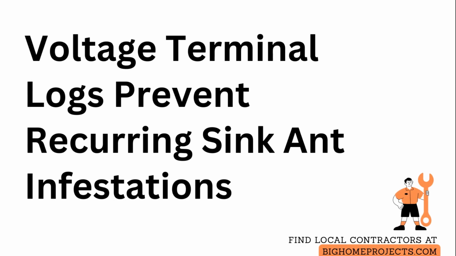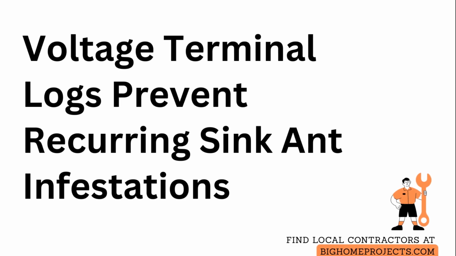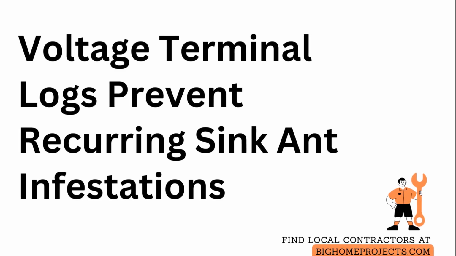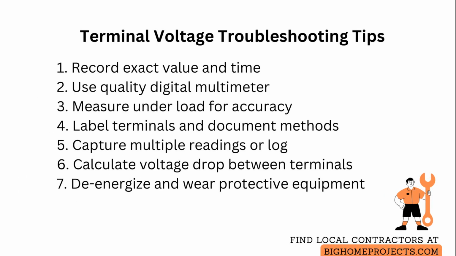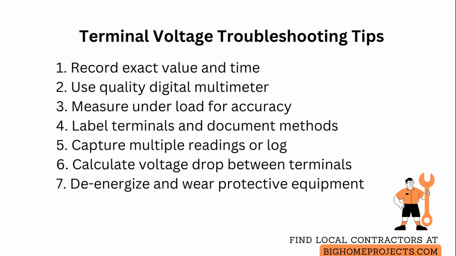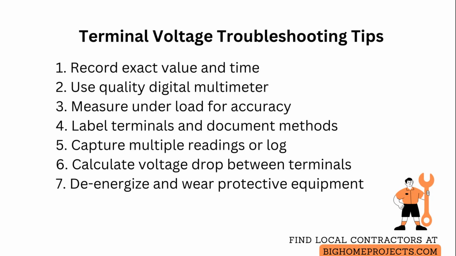Documenting voltage readings at each terminal during troubleshooting reveals patterns and speeds accurate diagnosis for recurring electrical issues. When measuring terminal voltages, record the exact value, time of day, and operating conditions to create a reliable baseline for future comparison. Use a quality digital multimeter set to the appropriate direct current or alternating current range, and touch one